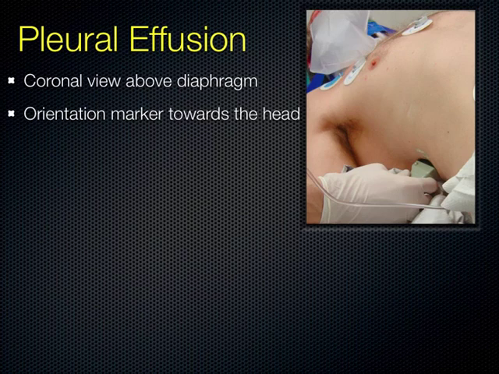So if you put your probe with the indicator towards the patient's head, right about where you think their diaphragm would be, you can identify, and everybody in here knows what the liver looks like, and the diaphragm is bright white right above the liver. The area right cranial to that, or towards the head, is the pleural space, and that's where we're going to be looking. So you can imagine, with the dot towards the patient's head, you have liver, diaphragm, pretty clear, and right above that, if you see